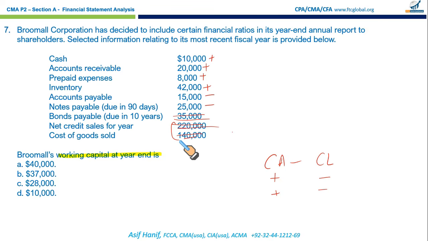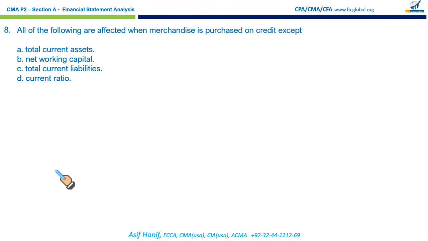It's a pretty straightforward computation now. If you add the above four numbers, 10, 20, 30, 40 comes to 80. 80,000 is the figure for current assets, and 15 plus 25, 40,000, is for the current liabilities. So working capital is a nice round number, 40,000. A is the answer. Pretty straightforward question, and you can come across such questions if you're lucky enough. So you have got a mixture of difficult and easier questions.